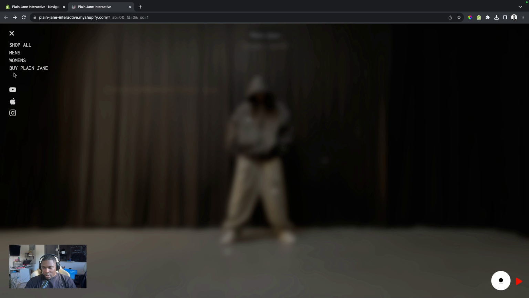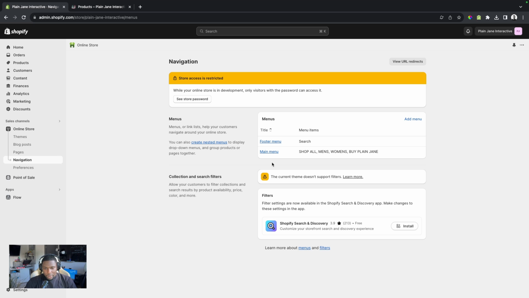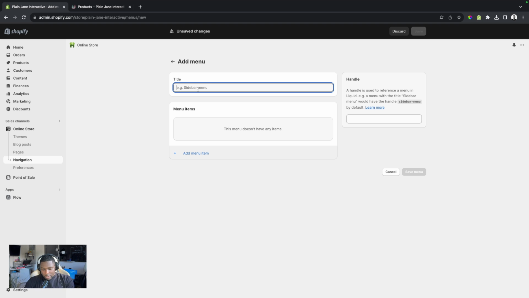I'm going to show you how to set that up. It's going to be a different menu that's below this, and then we also have our shop menu right here. I'm going to show you how to set that up. So I'm going to come back here and click add menu. I'm going to type shop menu